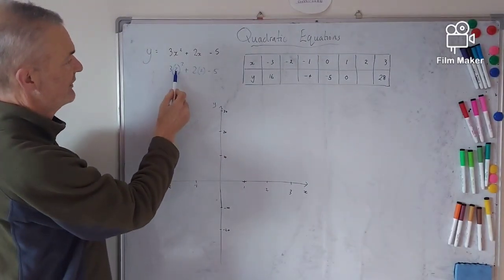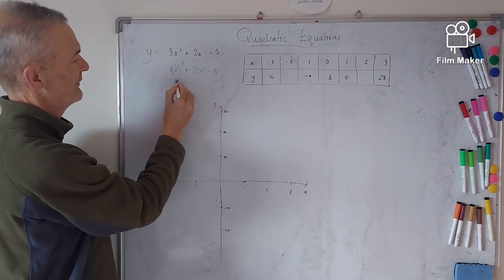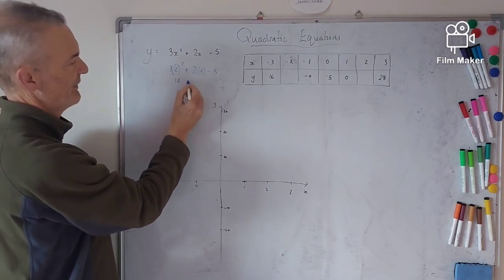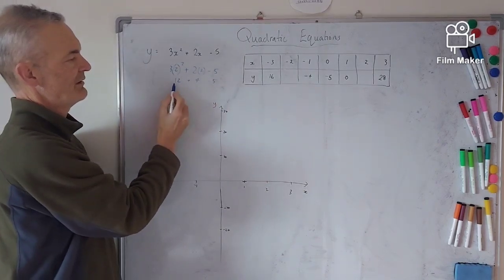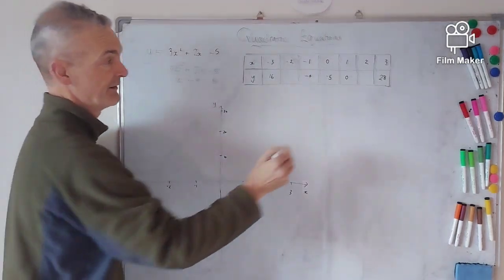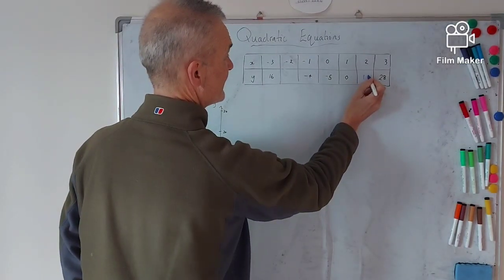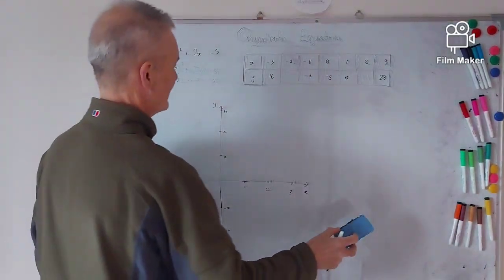So, 2 squared is 4, 3 times 4 is 12. 2 times 2 is 4. So we've got 12 plus 4 is 16. Take 5 is 11. So we're going to get 11 in there. And then we're going to do the same thing